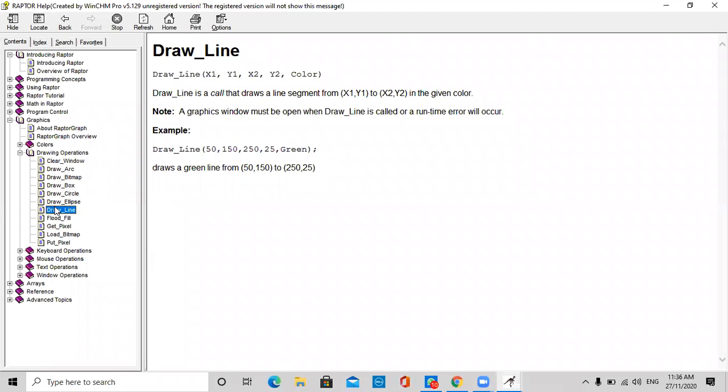So a triangle is made of 3 lines. If the function exists, we make use of the existing function. If not, we create our own function based on the existing functions. It is the same in every programming language. We try to find out whether there is anything we can directly use without knowing how it is being done. If it is not there, we try to create our own from what exists. That's all. So graphics is like this only.